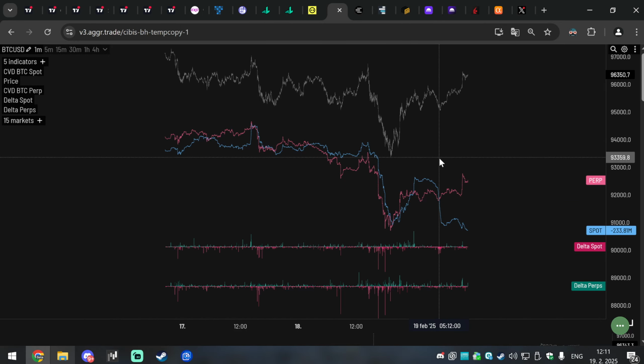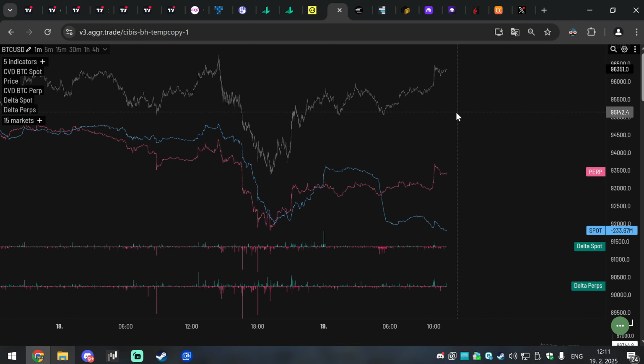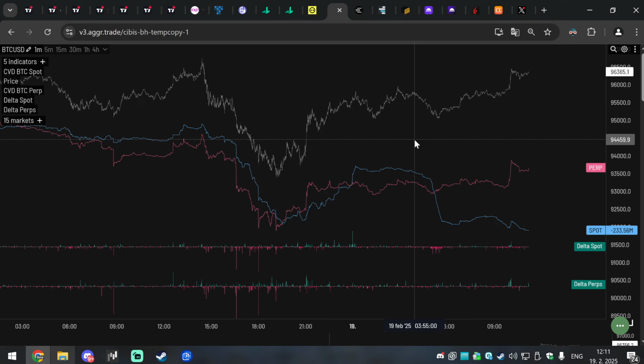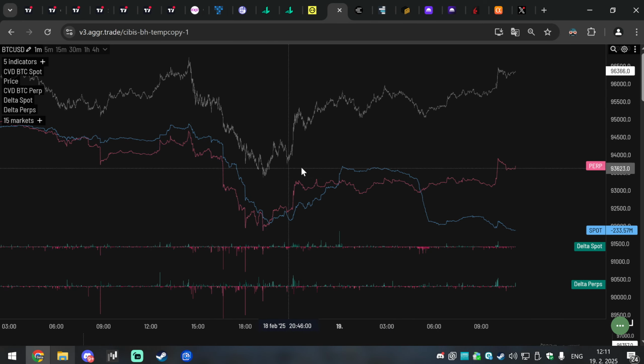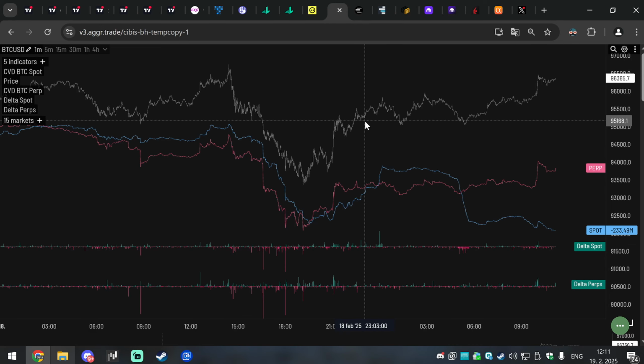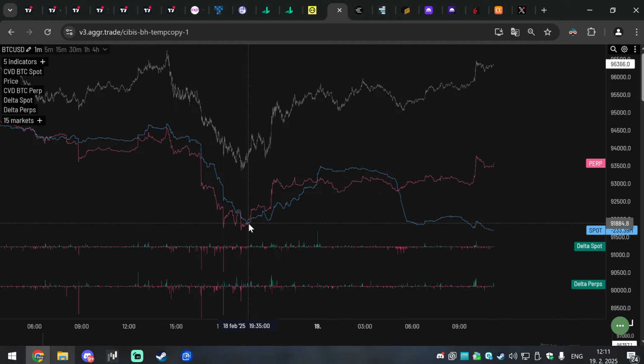So we will need sustained buying pressure on spot market to continue higher. It's as simple as that. You can see also, this template is beautiful. We've had the bull CVD on spot market. So that was really great. Actually, look at the heavy spot selling, but you see now spot buyers are absorbing. We almost got back to lows with this spot sellers delta here.